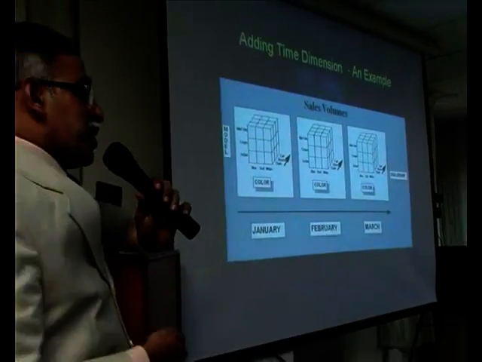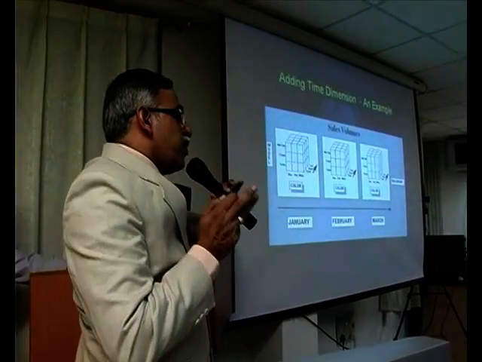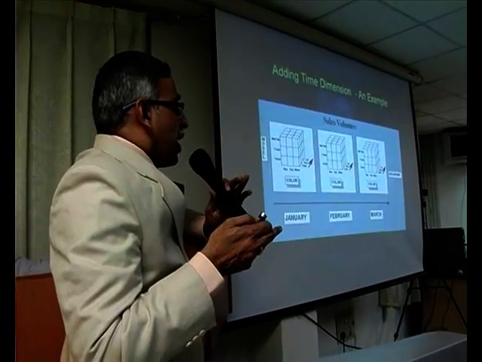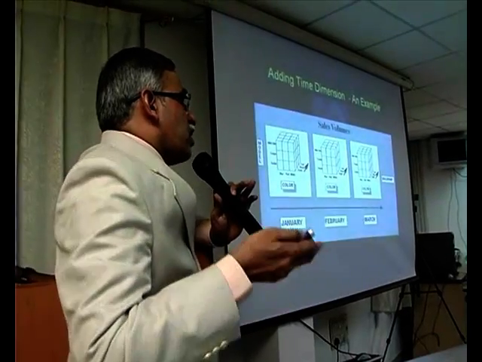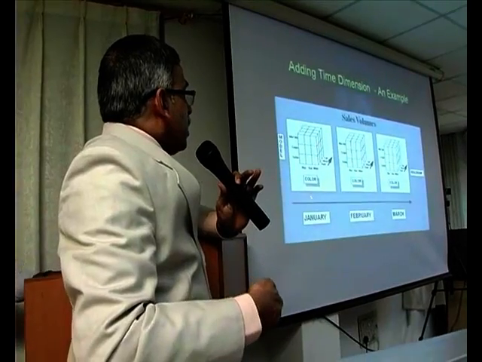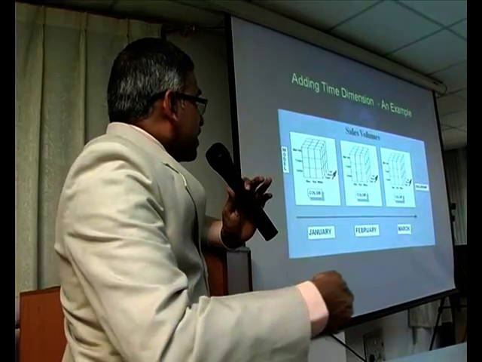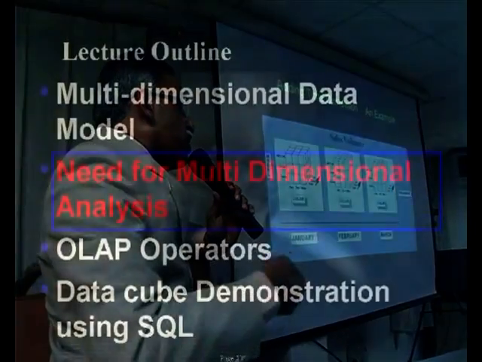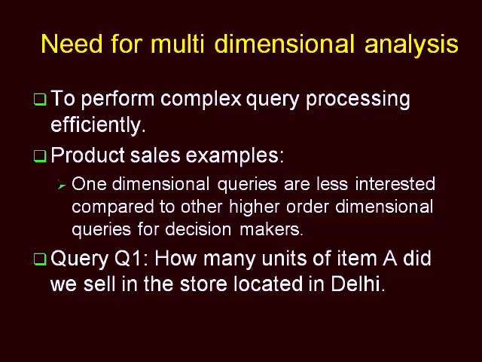Suppose I add one more dimension, say time. Time is added, then how do we represent it? You can view in an abstract sense what the sales are over different kinds of models of different kinds of colors in the month of January. Then in the month of February, March, April, etc. So if you see, for each month there is a 3-dimensional structure. One more dimension is added here. So if you want to represent physically all these combinations of 4, it is not possible. So this is called multidimensional representation.